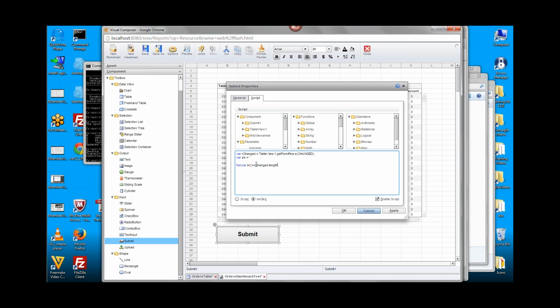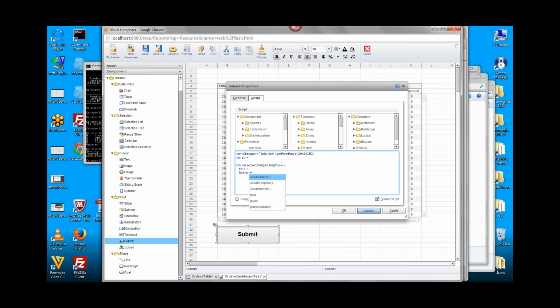Here rChanged is the two-dimensional array. rChanged.length is the number of rows in that array. So with this first loop, I'm looping through the rows of that array. Again, I initialized this string to nothing. Probably didn't need the first one there. And then I'm going to loop through the columns in the row. So this first part of the loop takes me through the rows in the array, and my second for statement here is going to take me through the columns.